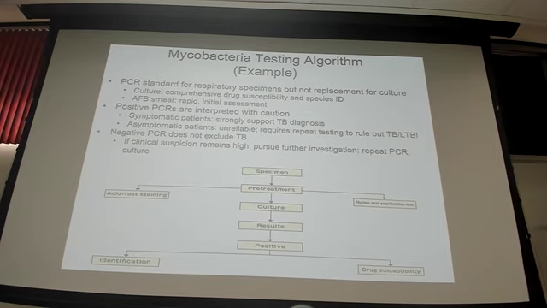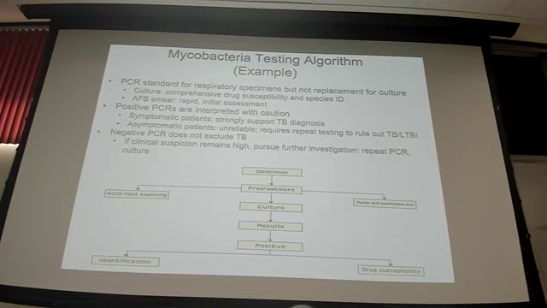So in terms of pitfalls, real quick, how you interpret these results as a clinician is important because you're evaluating the patient's clinical picture. If they are symptomatic and they get a positive PCR result, that's really good evidence, a nice cohesive piece of evidence that they have TB. However, we have some interpretation issues, so these things should be interpreted with caution.